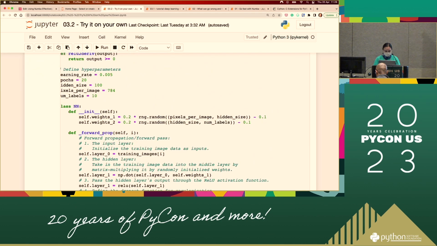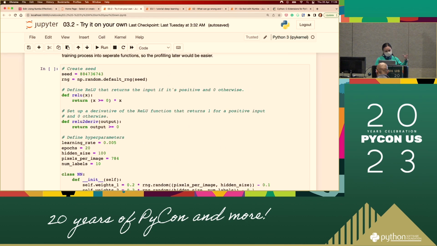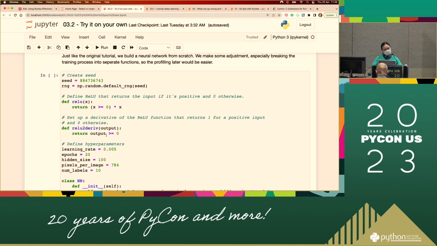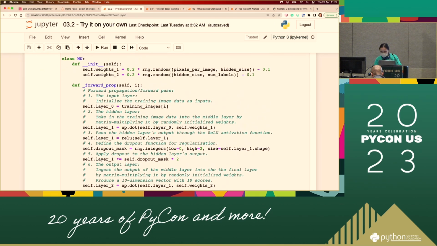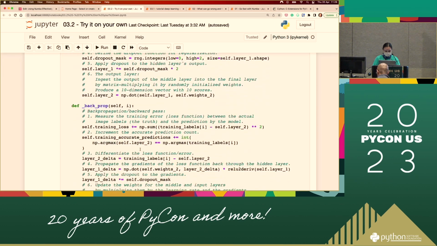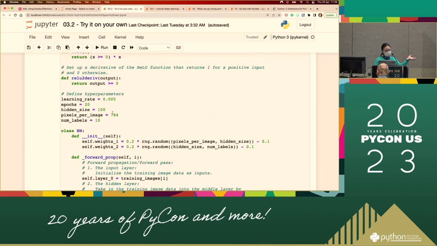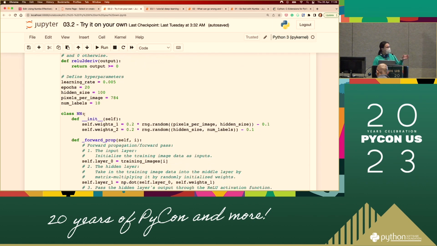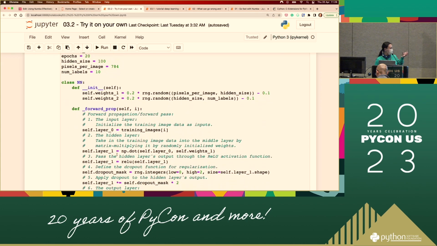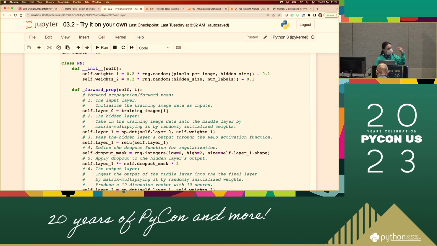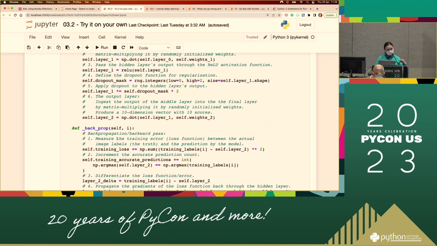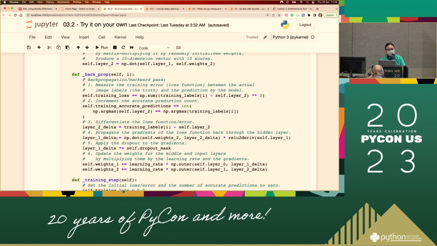Just the sample size is different. Here is where the machine learning works, and I'm not touching this. I'm just copying it and making it into a new function. You can see this code is different from the tutorial. I have made a new class, and I have put the forward propagation as a separate method and backward propagation as a separate method. You will see why very soon.